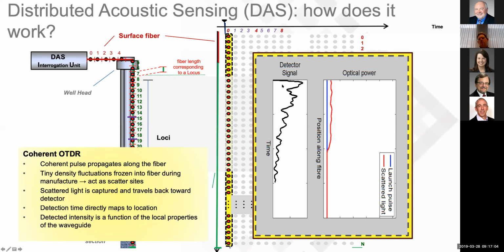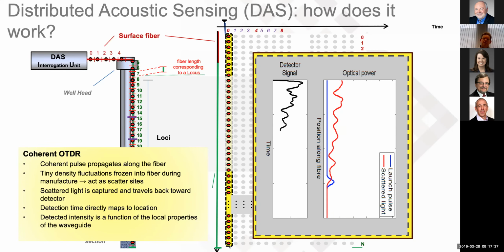So it collects the backscattered light from the pulse over a certain amount of time. The time is representative for the location along the fiber, because the farther away, the longer it takes for the backscattered light to come back to the detector in the DAS unit. And so what you see here on the plot in the background, the highlighted vertical column, is one measurement where you shoot one pulse in the fiber, and then you record the backscattered signal.